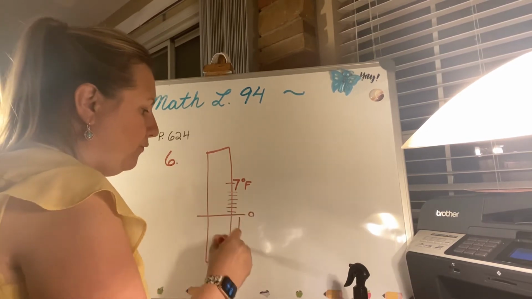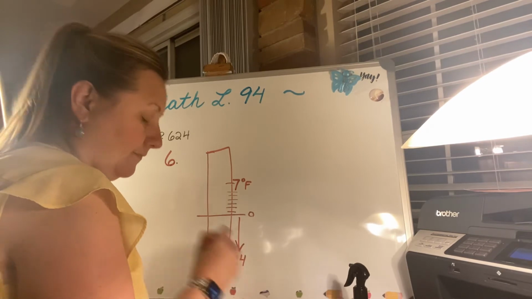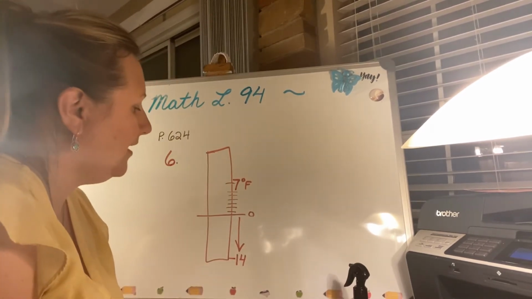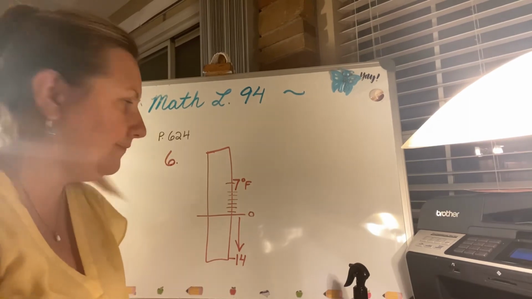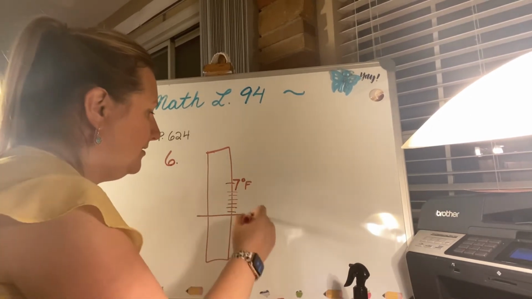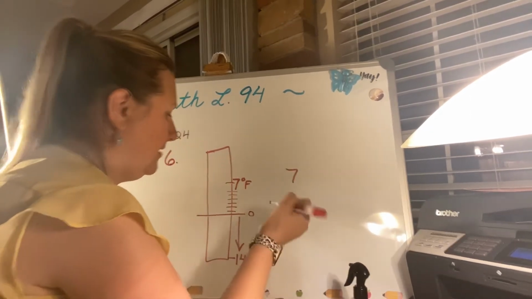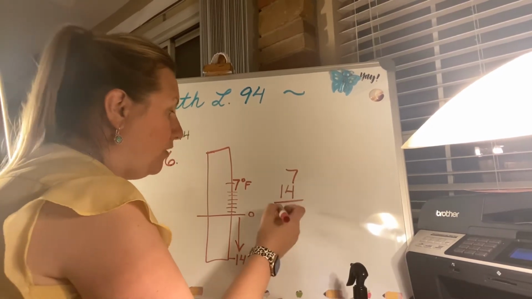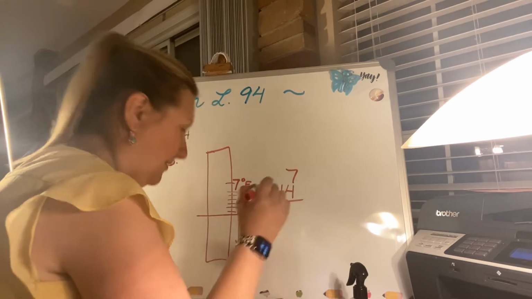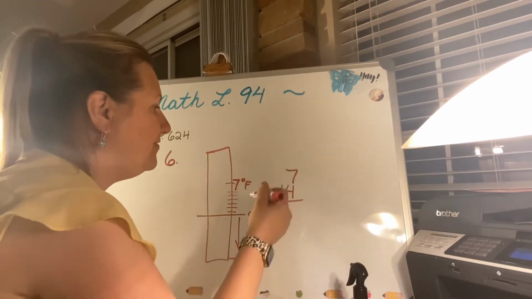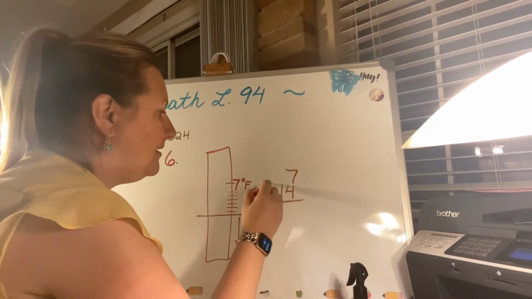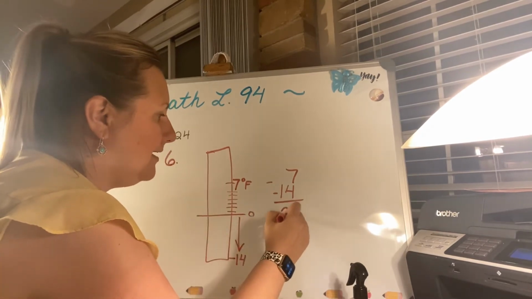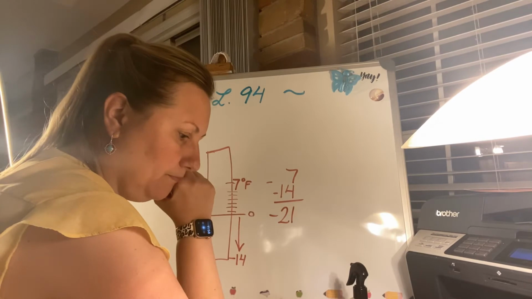And then another 14, because we're talking negative 14. So if you think about how much it went down, 7, and then it went down 14 more. We were at positive 7 minus negative 14, we get negative 21